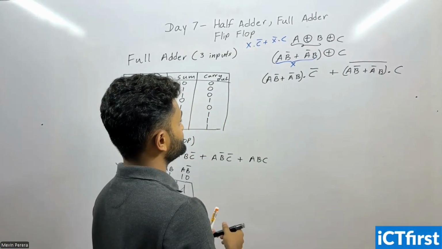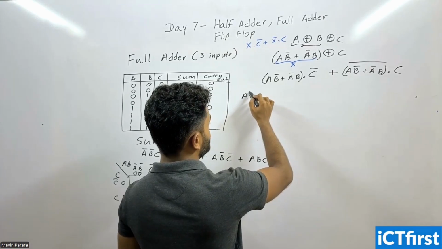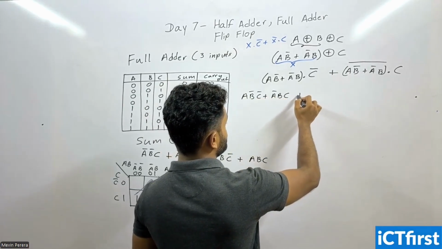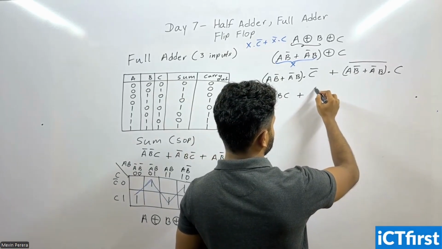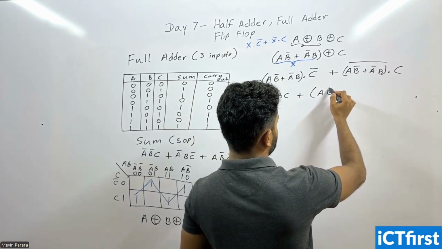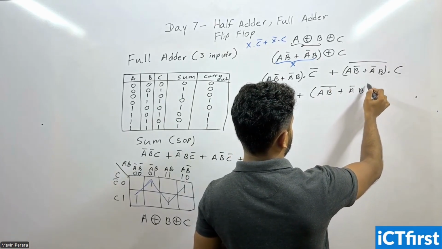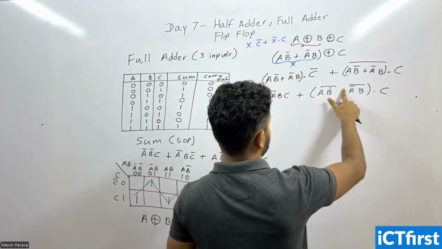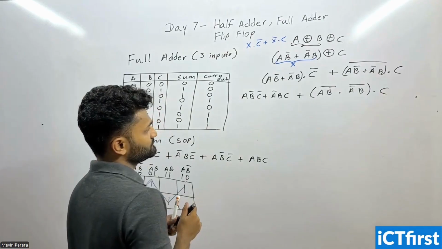Now try to solve this one. So in here we got a b bar c bar plus a bar b c plus, then we have to remove the bar here. So a b bar plus a b bar dot c, and this becomes 0 as well, right? Okay, now